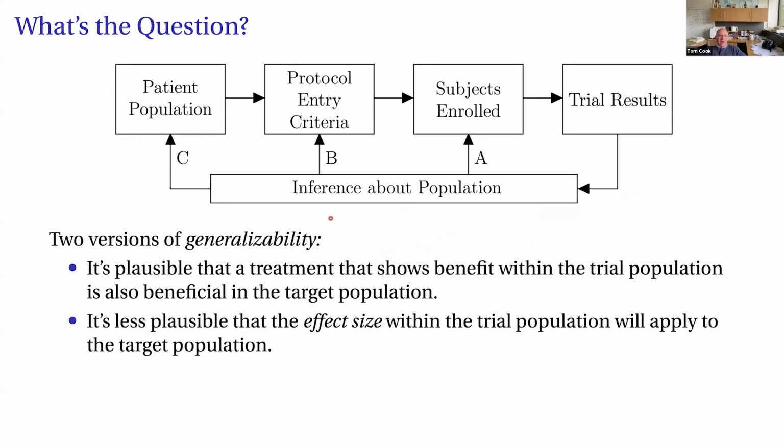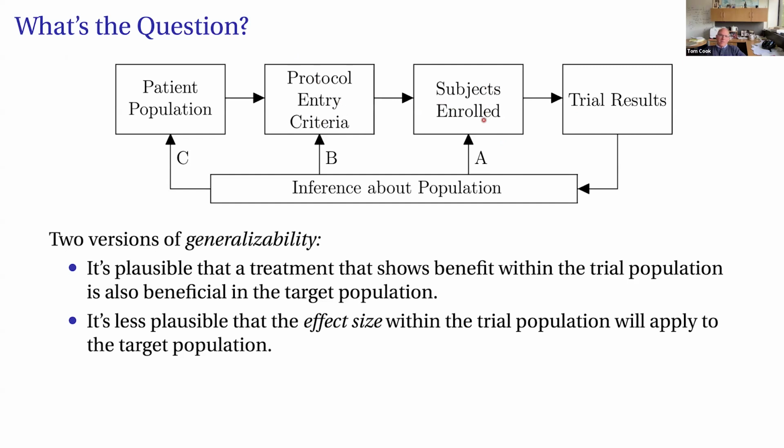Furthermore, there's a question of generalizability. So we have a target patient population way over here on the left. But then in our trial, we say we want to restrict it to people who satisfy certain entry criteria. And these entry criteria may exclude people who otherwise might be eligible for treatment. But then we actually enroll people in our trial who may be just a subset of those who satisfy the entry criteria. And finally, we get a trial result that might well be applicable to the subjects who are actually